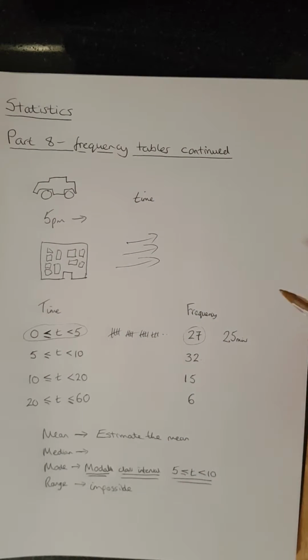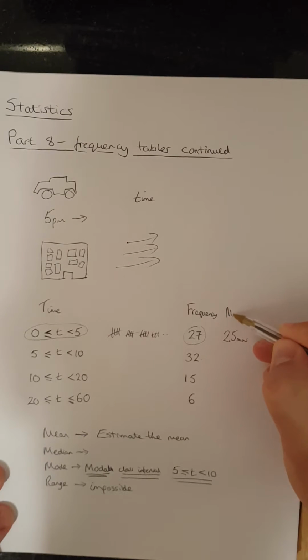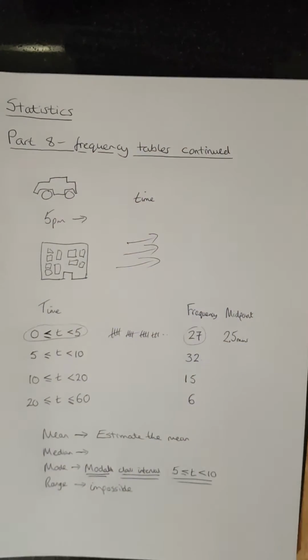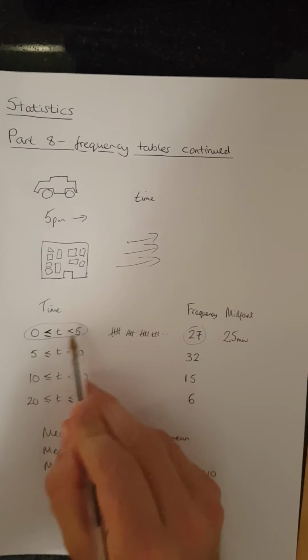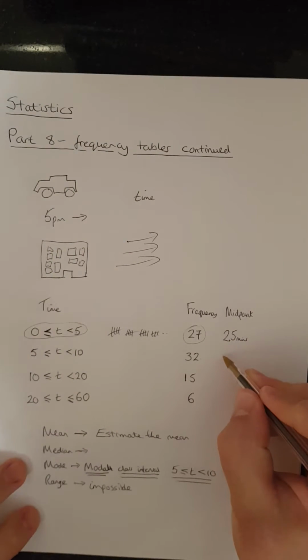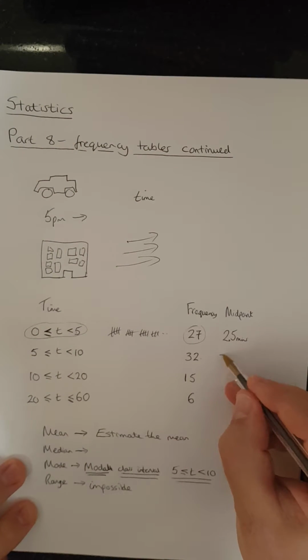Halfway into the interval. That is the midpoint. Now, we don't know that that's the case. They could have all been just at this end. They could have all been bang on the dot at 0. But the middle is a safe bet. And we'll do the same here. The middle value,